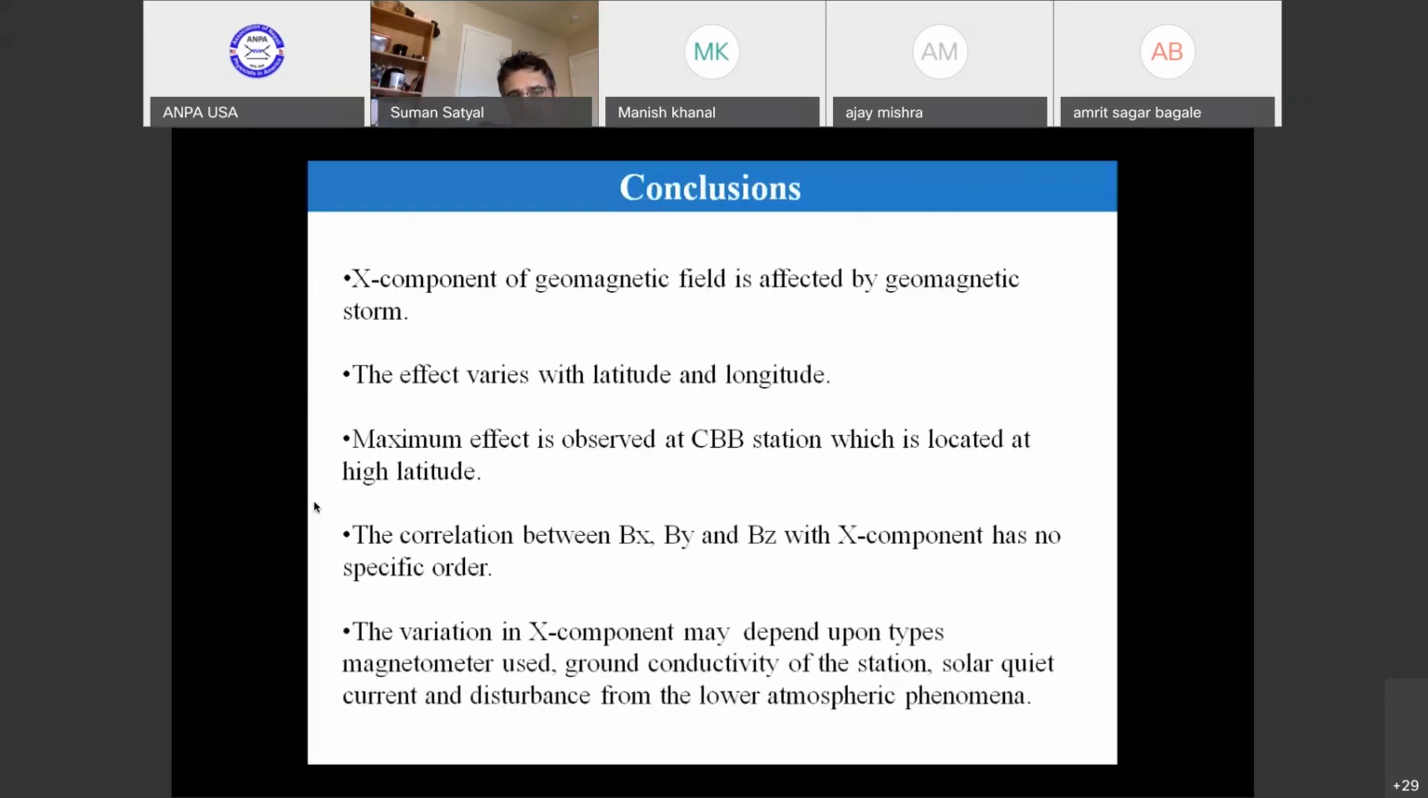Conclusion. The X component of the geomagnetic field is affected by the geomagnetic storm. The effect varies with latitude and longitude. Maximum effect is observed at the station located at high latitude. Correlation between the X, Y, Z components of the magnetic field with the X component has no specific order. Variation in the X component may depend upon the type of magnetic ground conducting station, wide current, and disturbance from lower atmospheric